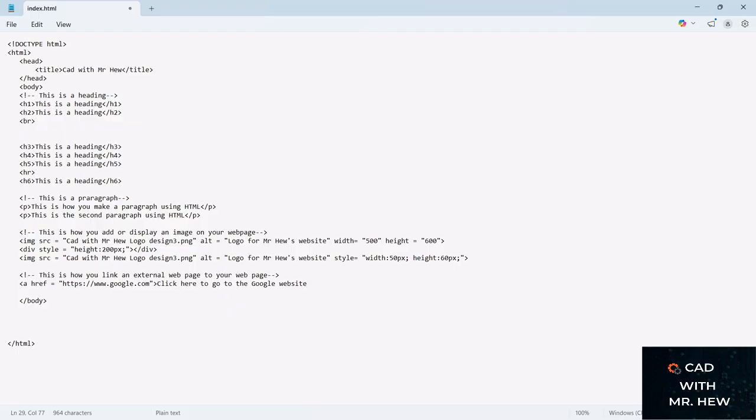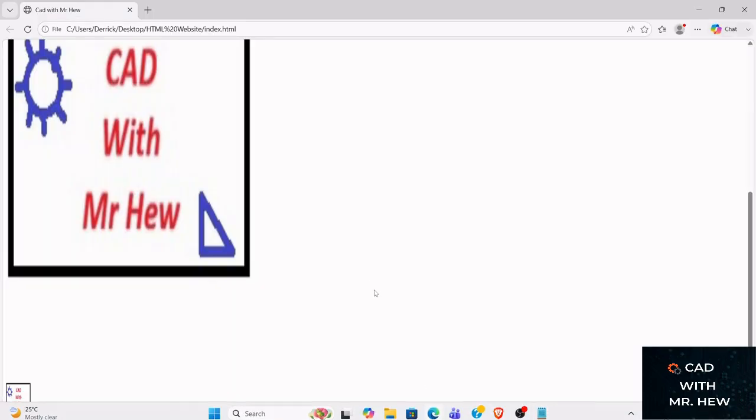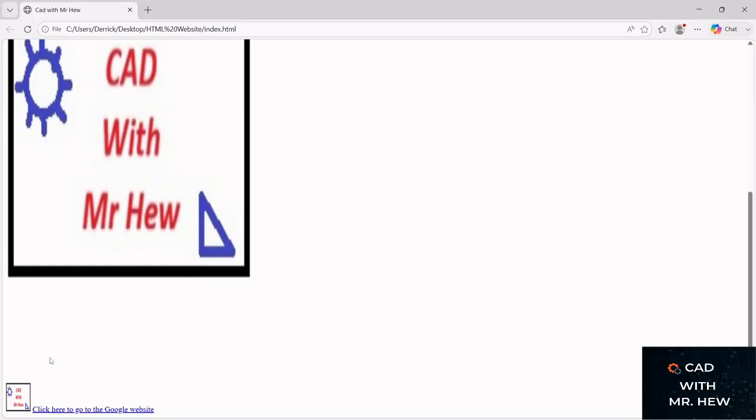Then we're gonna close this anchor tag, /a, right? And then I can press Control S. And when I come to my browser here, when I click refresh, here it says click here to go to the Google